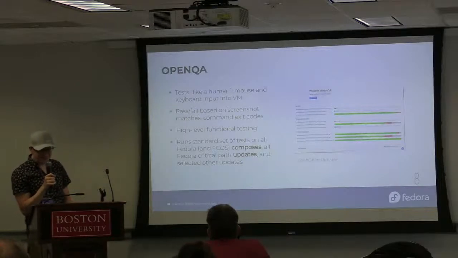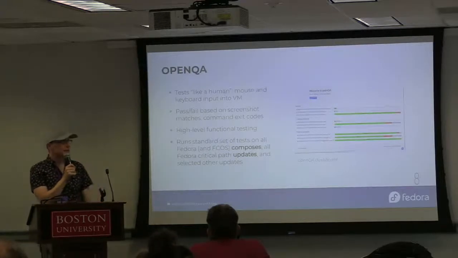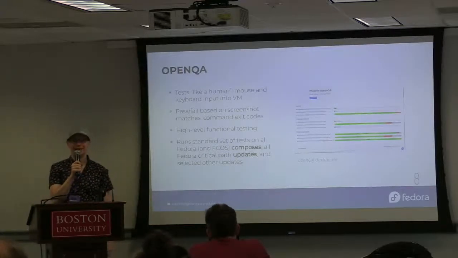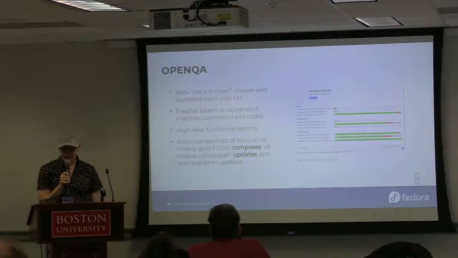So yeah, the strength of OpenQA is that the thing it does is a really useful thing, and there really aren't any other test systems that do that. There's similar things, kinda, but OpenQA is really good at it, and that's why we like it. The weaknesses of it